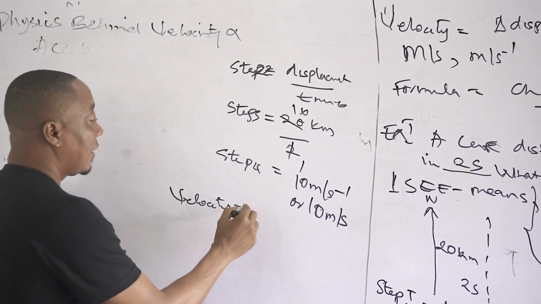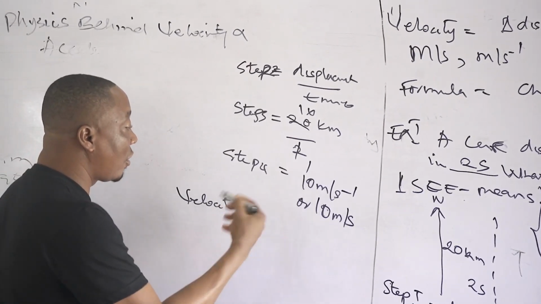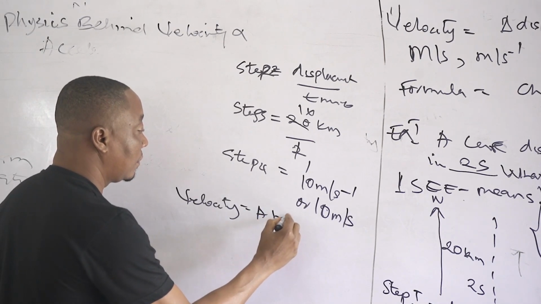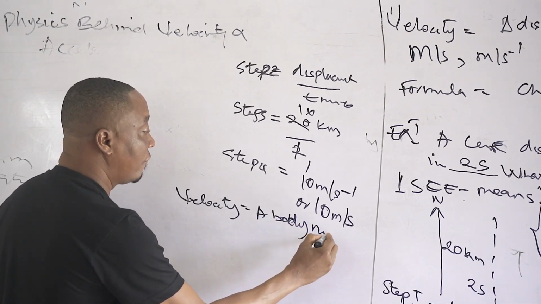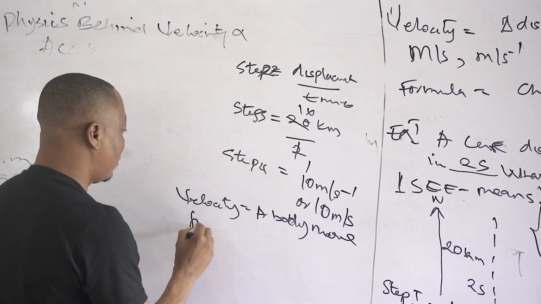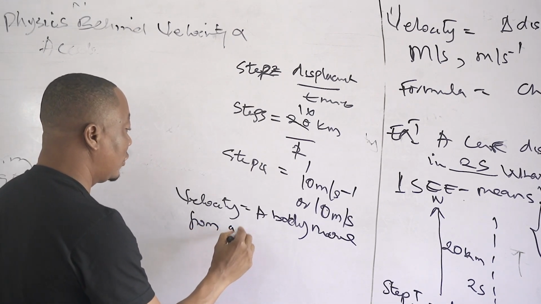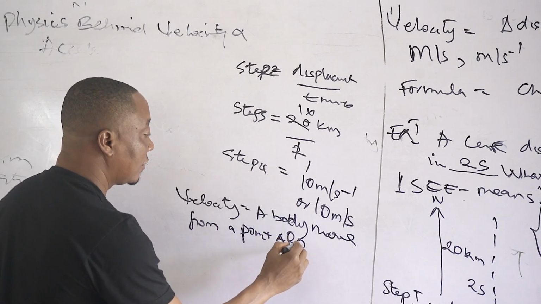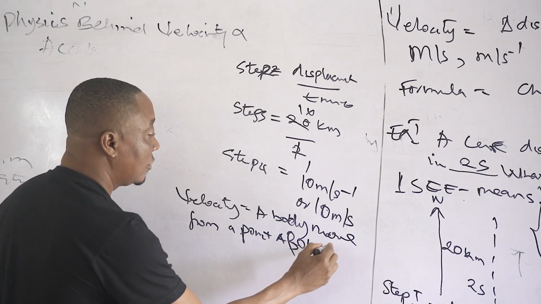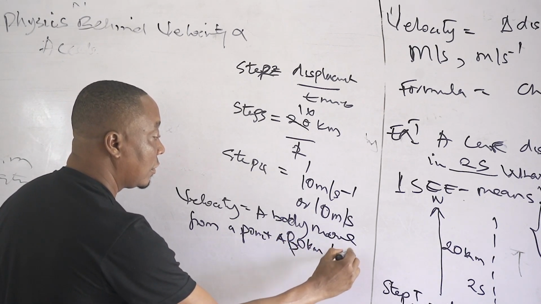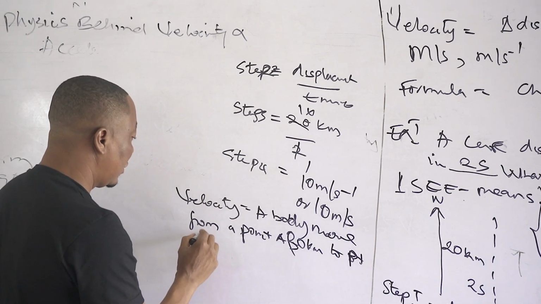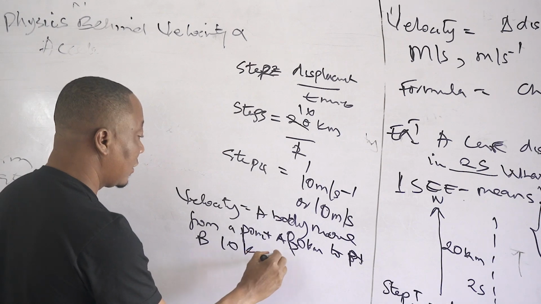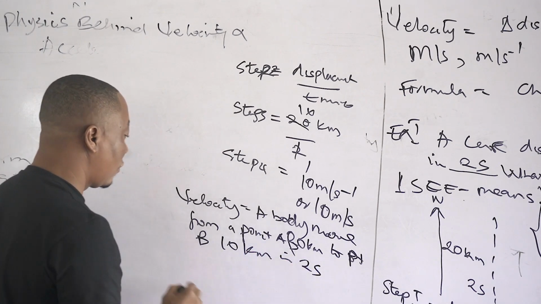We now say a car or a bicycle or a body, let's call it a body, move from a point A, which is 20, you can say 30 kilometer, to a point B, which is 10 kilometer in 2 seconds. What is